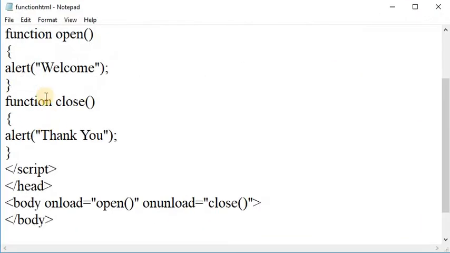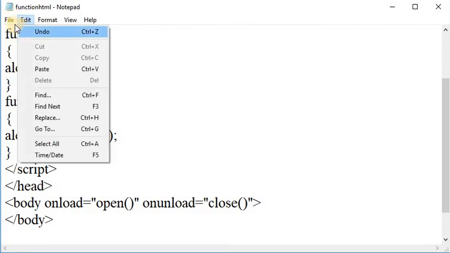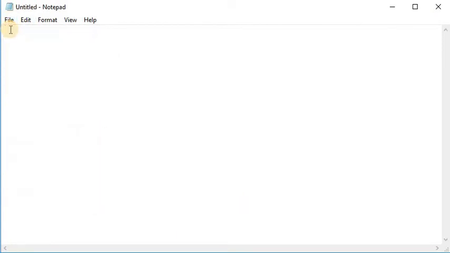First of all, I am taking a new notepad. In that, I am writing the HTML tag. After that, the head tag.